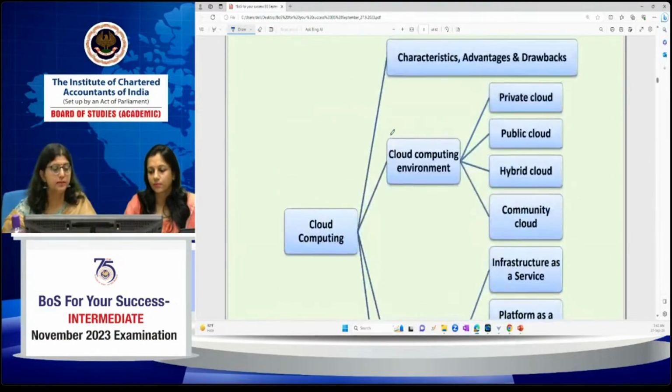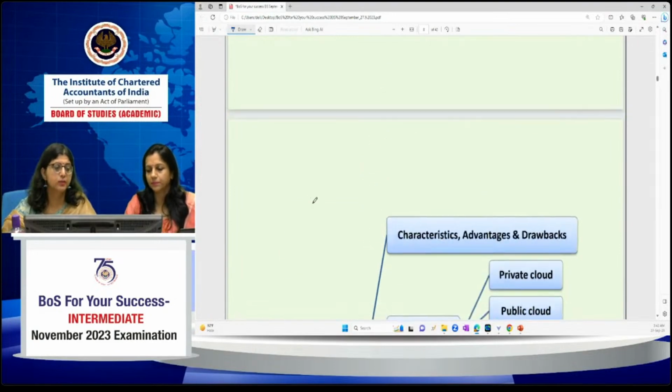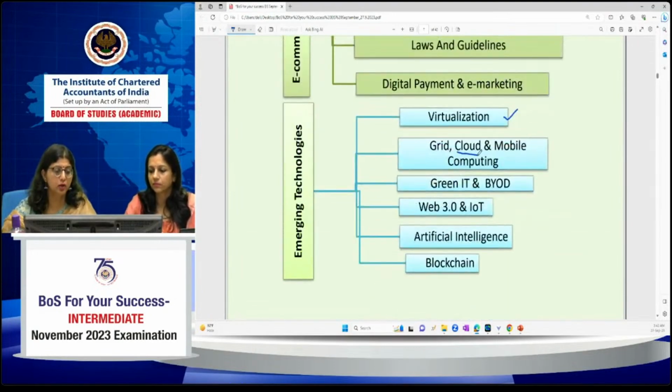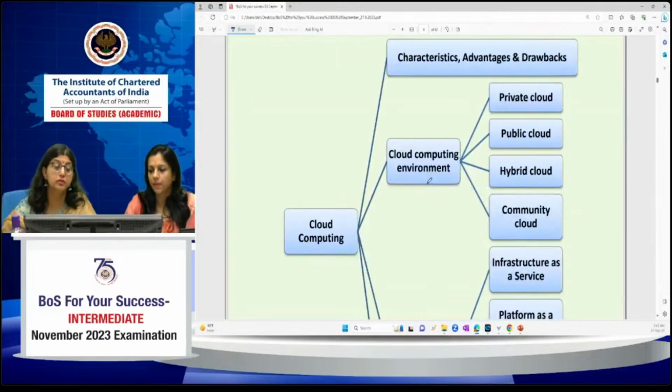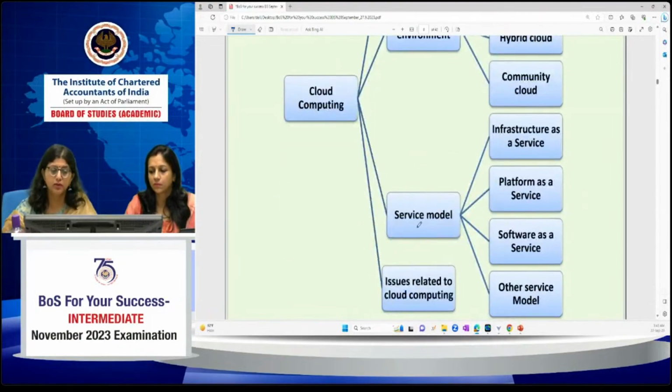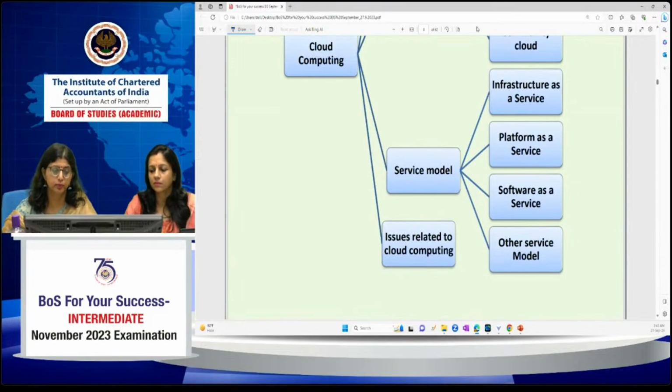And likewise, suppose cloud computing, then there are further sub diagrams. It's just telling you a cloud computing topic is there. But when you discuss cloud computing, it further has headings like characteristics, advantages and drawbacks, then the environment, then the service models, and issues related to cloud computing. So these are the things which one has to be very, very clear about,